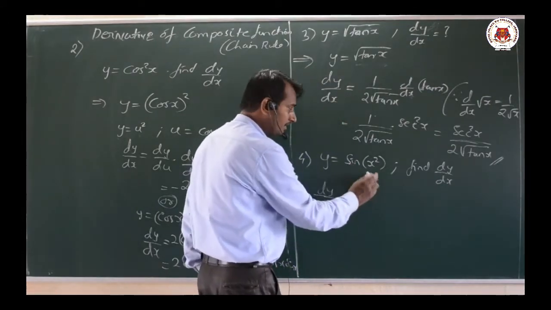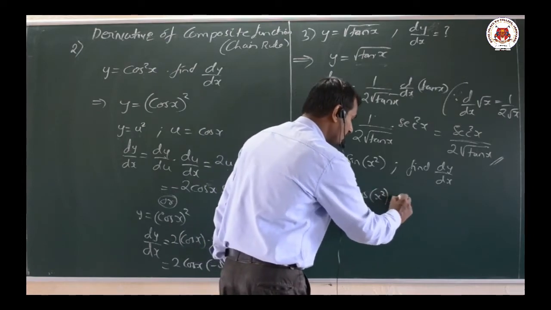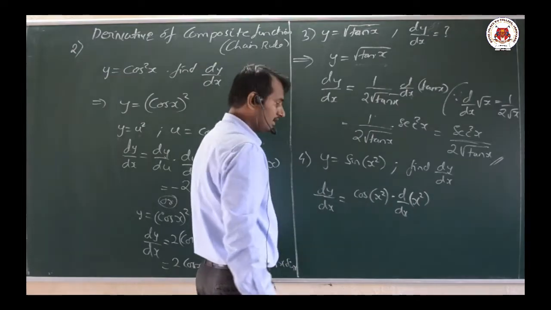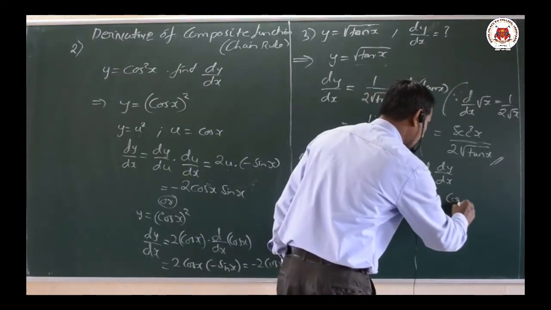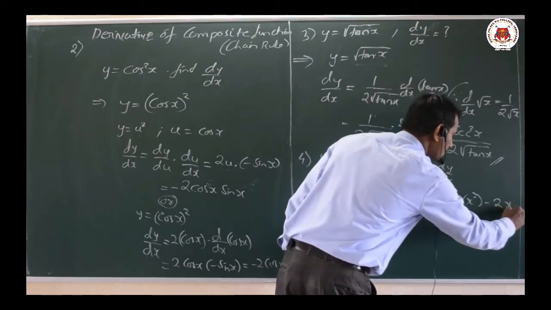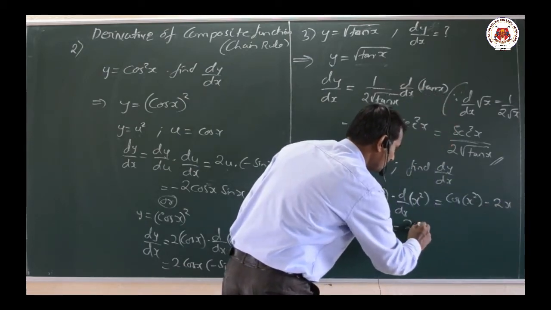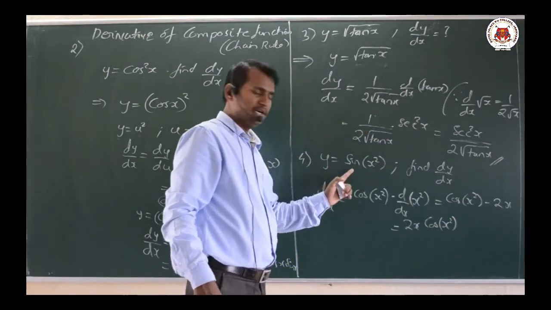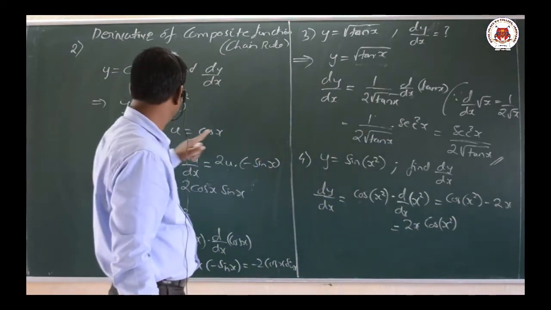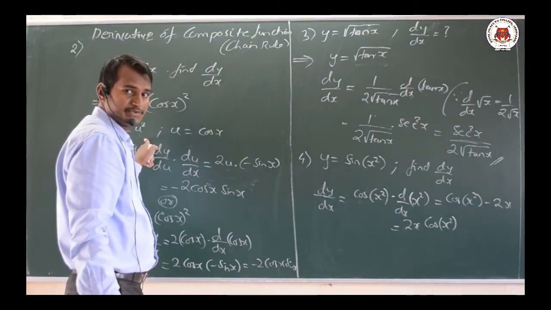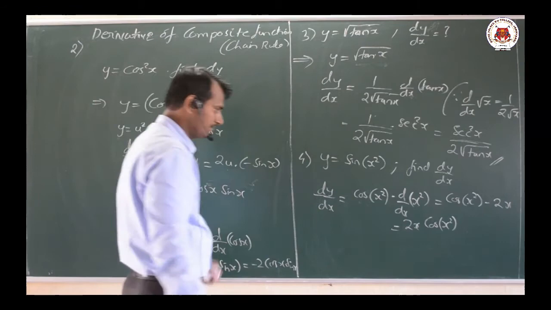x means what we are having here? x square. Further d by dx of x square part here. Okay. That is nothing but here cos of x square into x square differentiation will be 2x. That is nothing but here 2x into cos x square. This particular problem, how we are making use of this particular value, that is y is equal to u square? How you make use here? Okay, that is very, very simple.